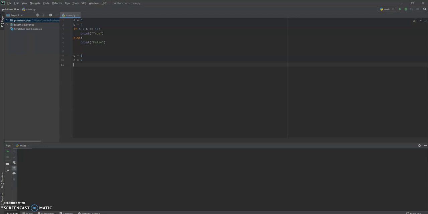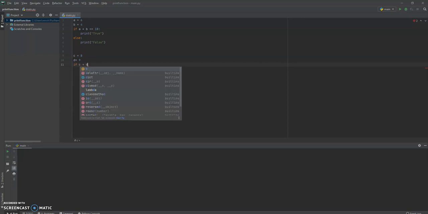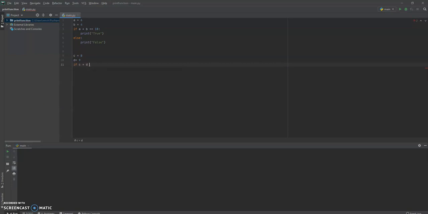And if it's not equal to 17, then I'll say false. Or 16 maybe. I'll do it with 16. So I'll just do if C and D, because those are my variables. So I do if C plus D, and this 2 equals,